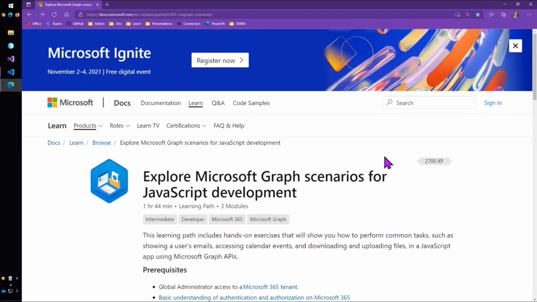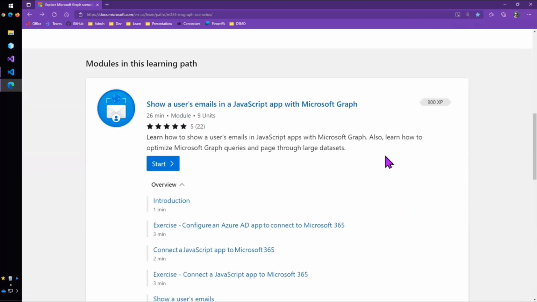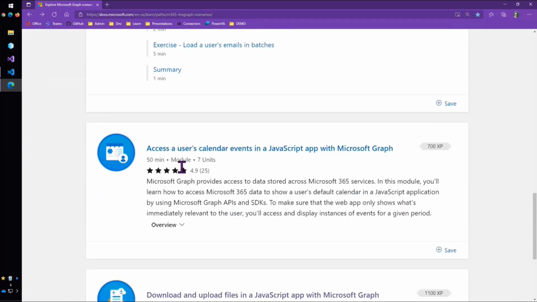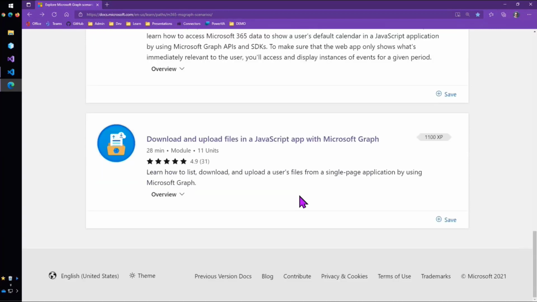And I'll put those URLs back up at the end. Right now, we have 3 in here. One is showing users' emails. Another is calendar access. And another is download and upload files, and that's the one I'm going to get into